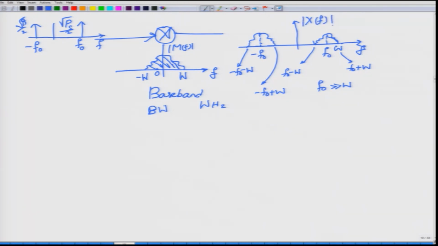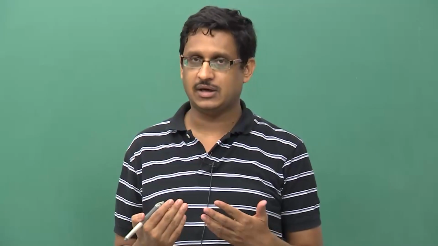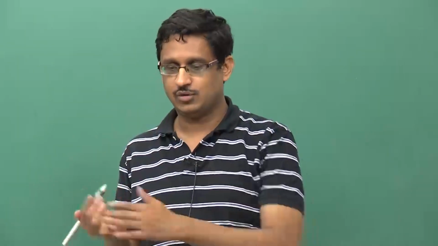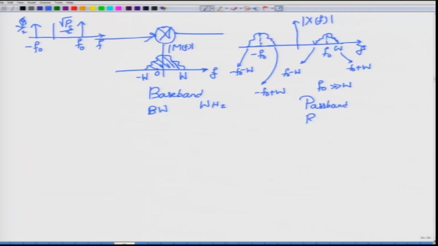So, this signal which we have written, let us call this signal x of t and the spectrum of this one x of f. And if you look at the significant spectral content of x of f, that does not occur at 0 hertz, rather it occurs at f0 which is greater than 0 hertz, and therefore, this is called a pass band signal, sometimes also called a band pass signal. Usually these band pass signals or pass band signals are not represented in this manner, because you do not want to keep carrying around everywhere e to the power j 2 pi f0 t. So, rather you want to be able to talk about what is called the canonical representation of the band pass signal.